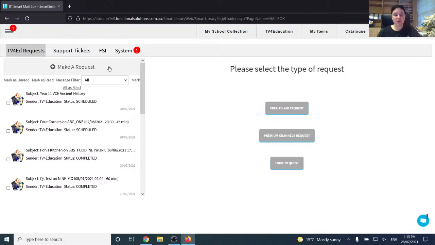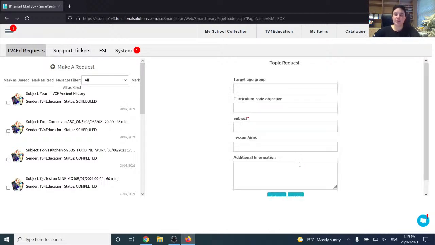So you've looked through TV4Ed, it's not something that we have. You've looked on the Free-to-air TV guide, it hasn't aired within the last 90 days, or it's not airing in the future, or hasn't any time recently. Same with Foxtel. If you can't request it with the premium channels or the Free-to-air channels, you can go to a topic request and just say,